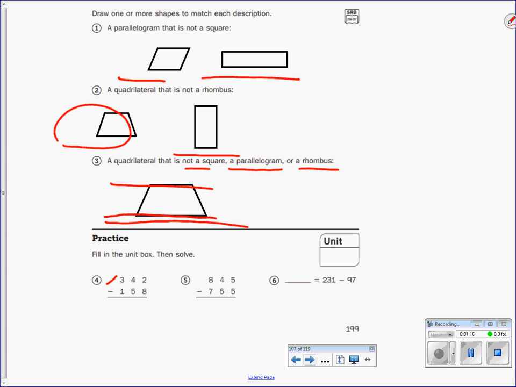All right, down at the bottom, let's go ahead and solve our problems. So let's put a bow tie as our unit, and we are going to just subtract. Now, boys and girls, use any type of strategy that you would like to use. So we have 2 minus 8. I can't do it, so I'm going to come over here, and I'm going to